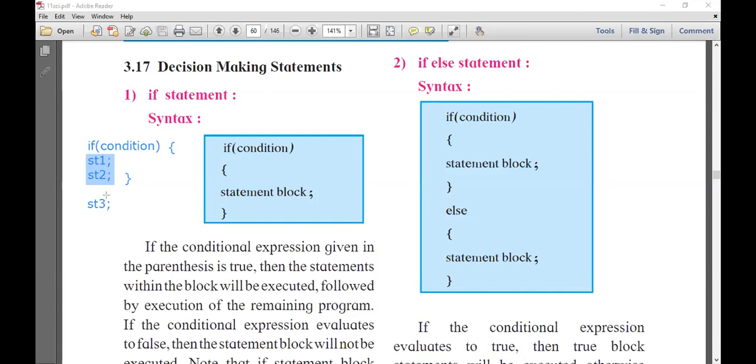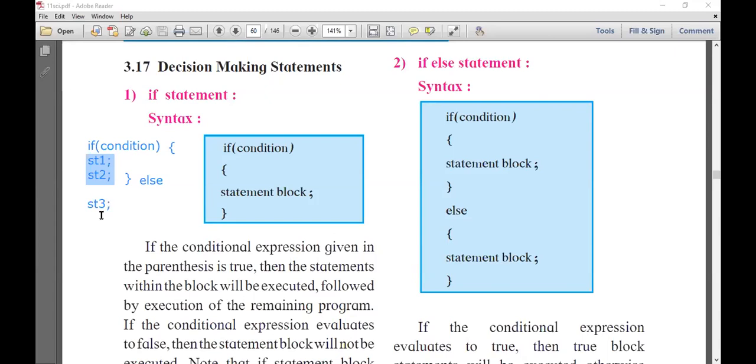Okay, when I write here like this, else. I write here else. Now what will happen? If the condition evaluates to true, then statement 1 and statement 2 will execute, but statement 3 will not execute.